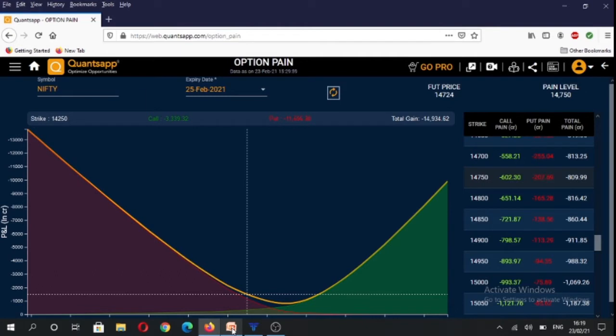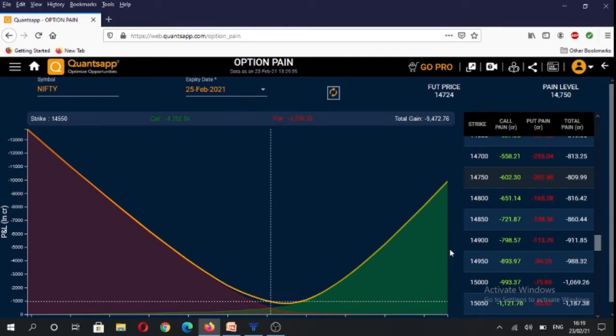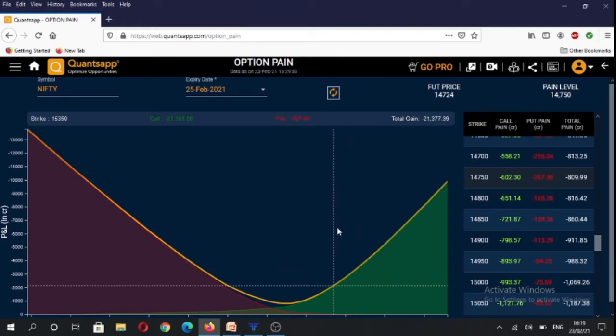So if we see the monthly expiry contract 25th February, the max pain level has shifted lower from 14,800 to 14,750 level. So it just tells us that if market was to expire at 14,750 on 25th February, in that scenario, option writers are going to suffer the least amount of losses, theoretically speaking. However, as you all know, a large percentage of options expire worthless. So option buyers are going to suffer the highest amount of losses if market was to expire at 14,750 levels